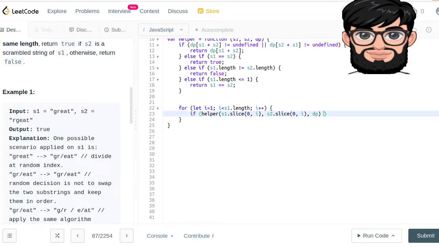That is the one thing. And the helper of s1 dot slice, the rest of the string, s1 slice of i, s2 dot slice of i and dp. Either this combination, or we need to make the other combination true. If this, or